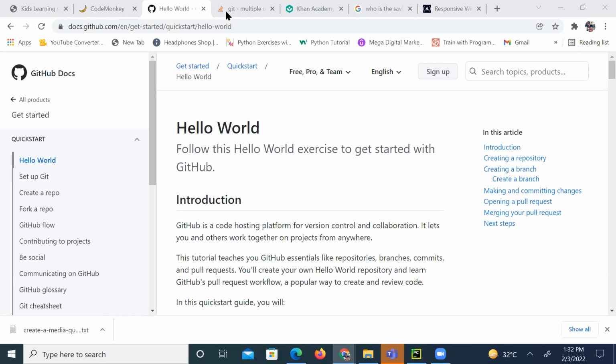Okay. If you signed up and you downloaded your desktop, the next thing to do is that you would, first of all, open your GitHub, right? You sign up. Then when you signed up, in the place where you signed up, you create a repository. And when you've created a repository, then